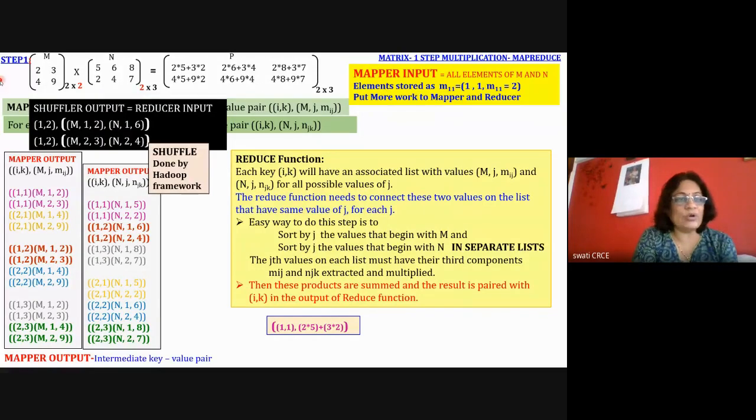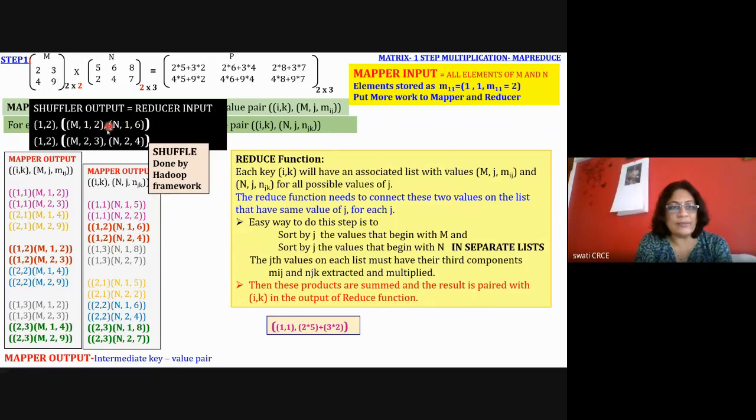Okay, so the key is 1 comma 2, and this is a list of values sorted on the basis of J. Now here the reducer will extract these values for the same J, and it will multiply 2 into 6 and keep it here, and 3 into 4 and keep it here. So if you observe the element first row second column of the resultant matrix P, it is 2 into 6 and 3 into 4. Okay.